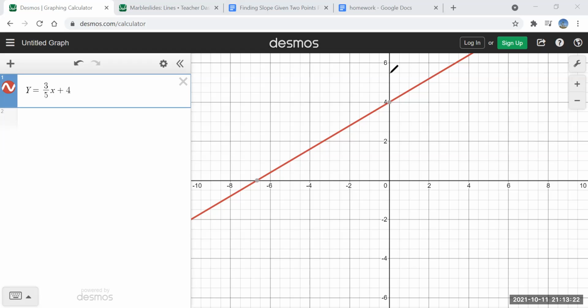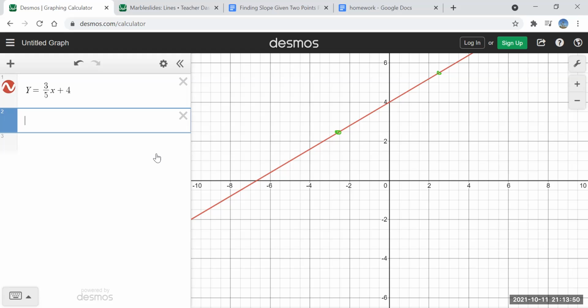1, 2, 3, 4, 5. And that puts us right here. And also go down 1, 2, 3 and over 1, 2, 3, 4, 5. And that'll keep us right on our line. How cool is that? Now, let's say that we change our equation up a little bit and we decide to